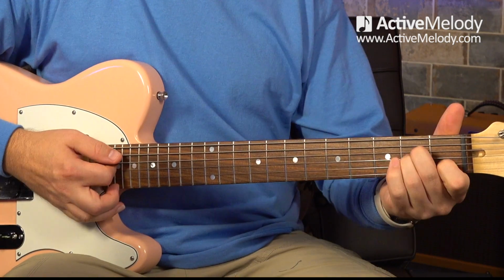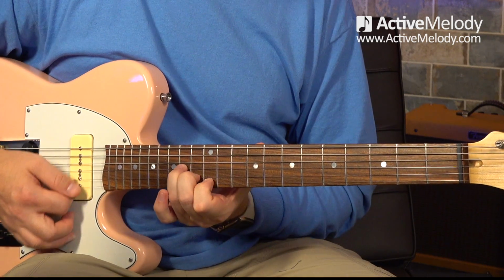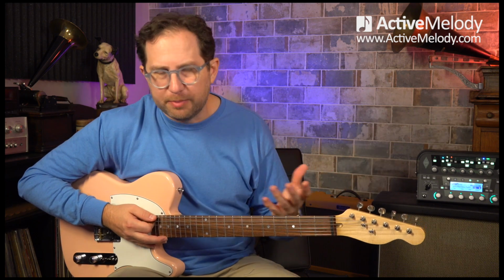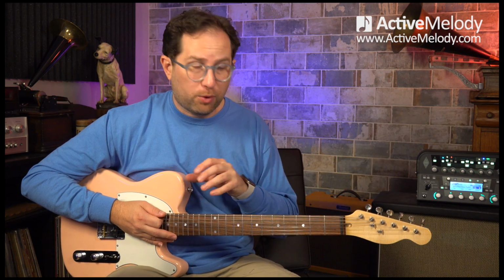Now I could have played the A minor here. I could have played it up here. I could have played it up here. This is why it's important to know your 3 different minor chord shapes. There's really only 3. I mean, there's others, but there's 3 main ones. That's how I always think of it. And you can check out a lesson that I did, which was EP330, and I go through those 3 minor chord